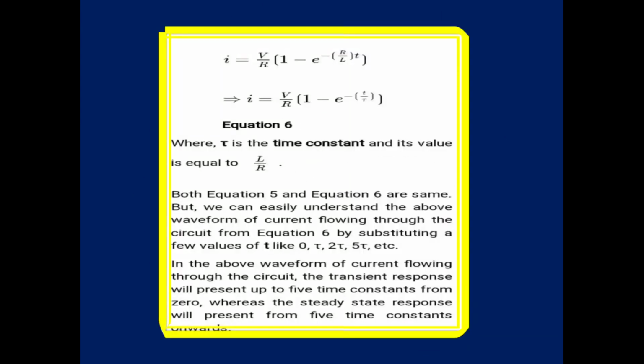Next, we are going to discuss rearranging this equation with R by L. We are taking it as tau, to make this equation simpler, to calculate the values for 1, 2, 3 like that. That is the time constant. The time will be 0, 1 tau, 2 tau, 3 tau like that. We can apply these and get the response. For simplification, L by R is considered as the time constant, tau. Okay.